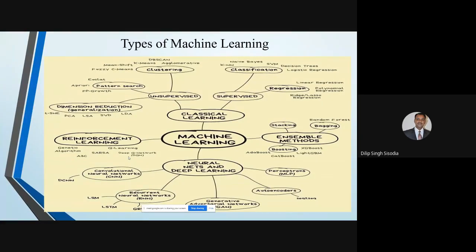I'm just giving the overview actually. These are not so simple, a lot of mathematics and further understanding is required, but I'm just giving a clue about all these techniques. So this is the working of reinforcement learning, semi-supervised learning, ensembles, and now the neural nets and deep learning algorithms.